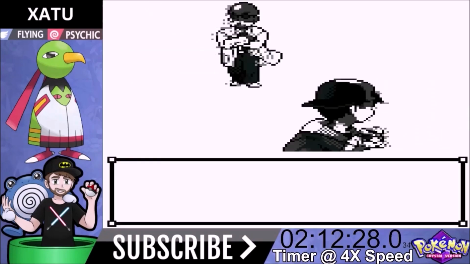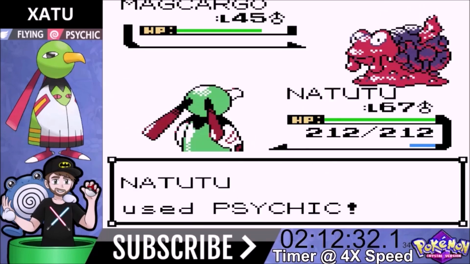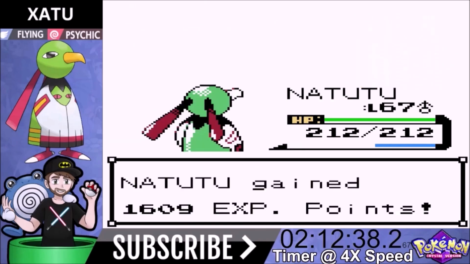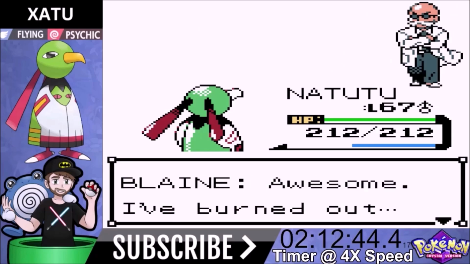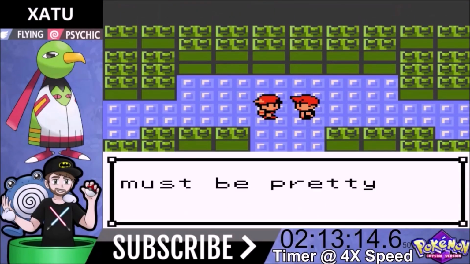He only has 3 Pokemon. I don't know why they don't progress him like they do in the other ones, but I guess maybe it's where he's located. Psychic is a 1-shot on Magcargo. Very good. Magmar's gonna come out. We get a 1-shot on the Magmar. Extremely good. Rapidash gonna come out. Very good. Get the 1-shot. So we clean sweep his team as well. So that leaves us with 1 gym leader left, and that is